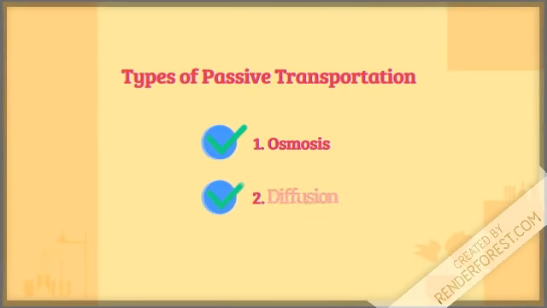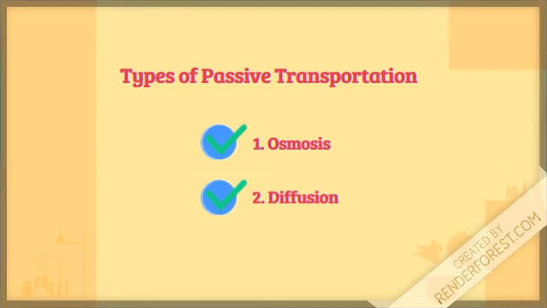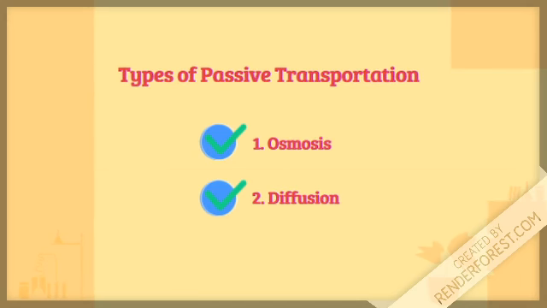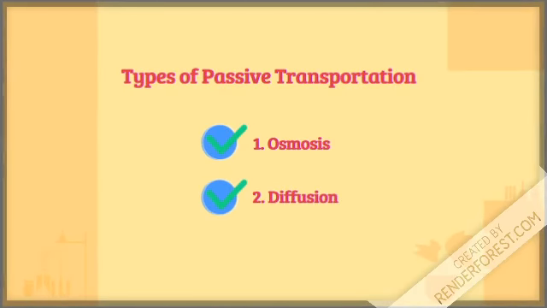Simple diffusion is the process in which different substances equalize themselves in different areas by dispersing evenly from high to low concentrations. By doing this, the cell reaches equilibrium, which is the state of equalization of concentrations on both sides of the